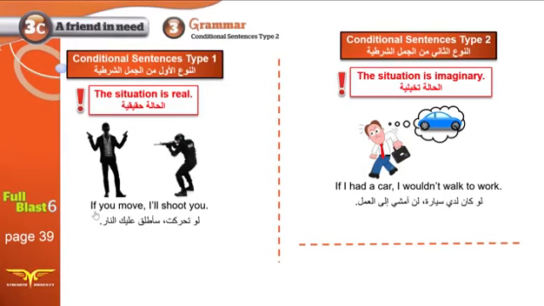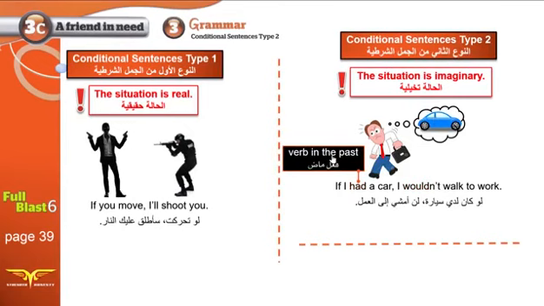How about the sentence construction? What is the difference? What do you notice? Do you notice had here and would? In here, I used move. If I move, if you move. In here, I'm using the verb in the past. So when I say this using type 2, I say if you moved. If I want this to be type 2, then I will have to say if you moved. Okay, this is the first difference.